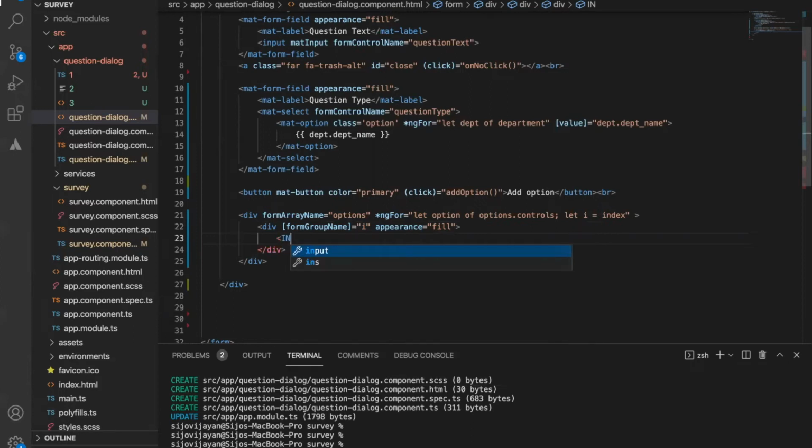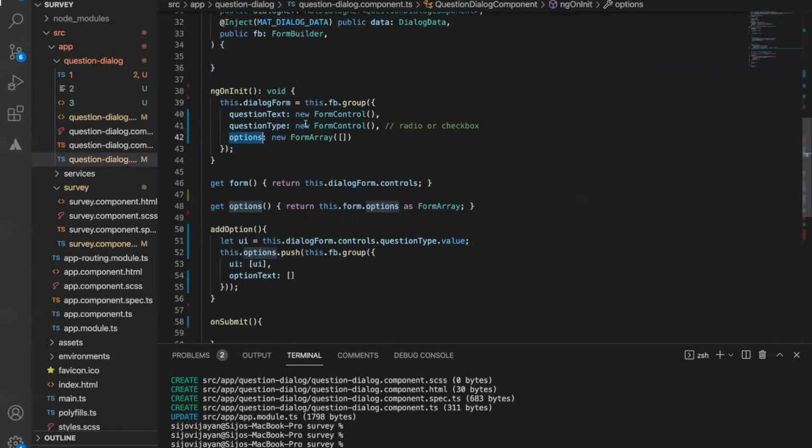First of all, let's define the input element. In this input element, we need the form control name, right? Form control name equal to, so here you know that we define some form controls like UI and option text.